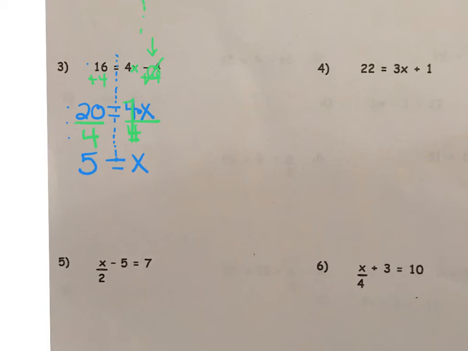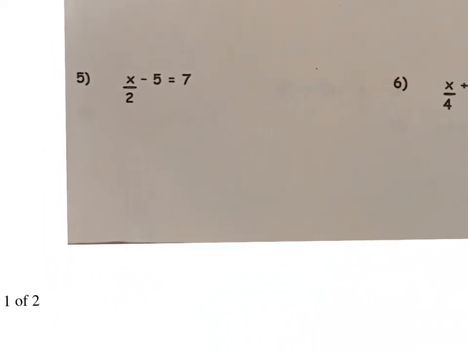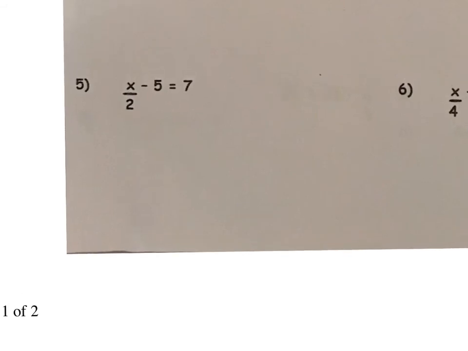One more together. Let's take a look at problem number 5. In problem number 5, this particular equation contains division, or divided by 2. We're going to do the opposite and multiply both sides by 2 when the time is right. First of all, drop a dotted line down the equation. And let's start by eliminating